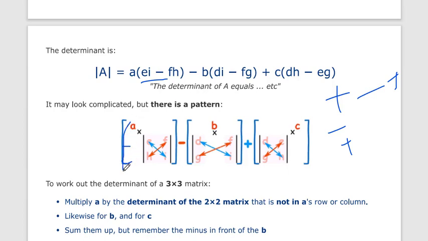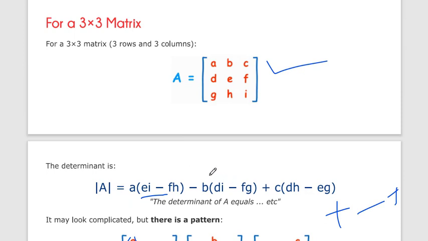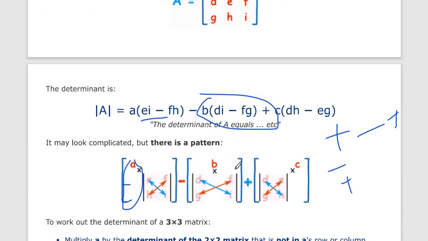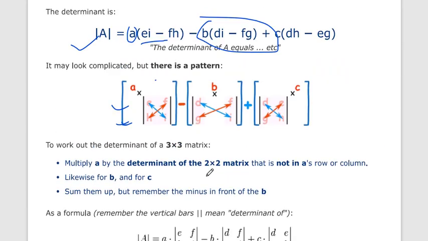You can also take the first column, second column. But if you take the first column, then the 2 by 2 determinants will be different. But in all 6 different methods, you always get the same answer for the determinant. Okay, so it's not important that you always have to take the first row as common. Okay, you can always take the second row, third row, first column, second column, and third column also. Okay, so this is a 3 by 3 determinant.